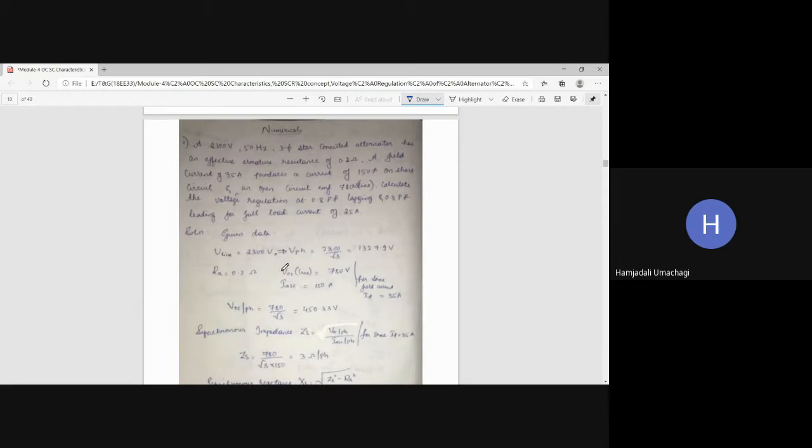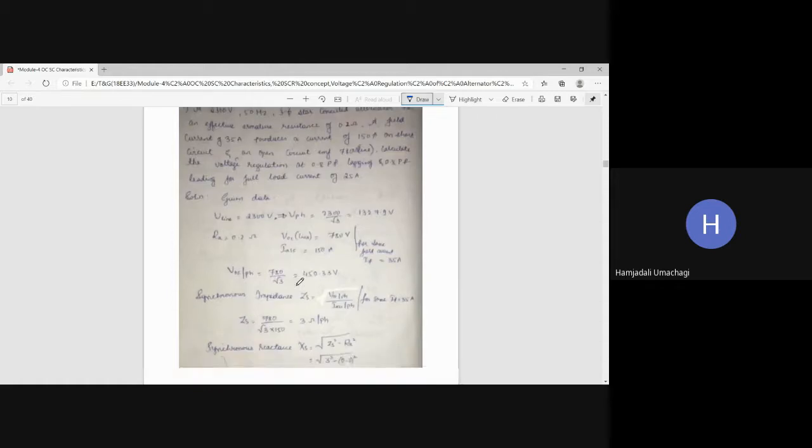The no load EMF induced in the OCC test is 780 volts. That too, it is line voltage. You have to be careful here. It is line voltage, but we want phase voltage. Later on, we are going to convert this line voltage to the phase voltage value. Then the short circuit current during SCC is 150 ampere. To get this value, we want excitation of IF equal to 35 ampere. So the same 35 ampere field excitation gives us 780 volts OC line voltage and 150 amps short circuit armature current in the SC test. Right. Now we'll calculate for which value?